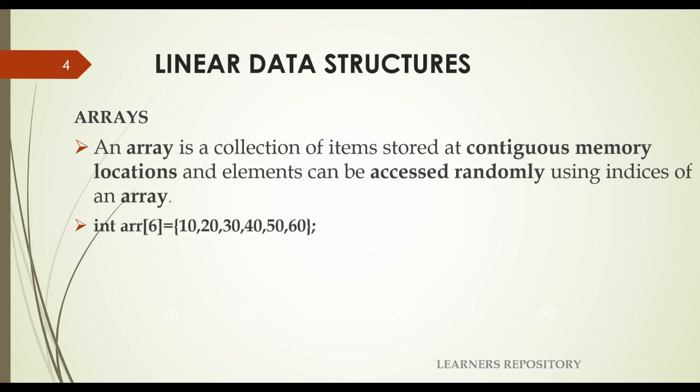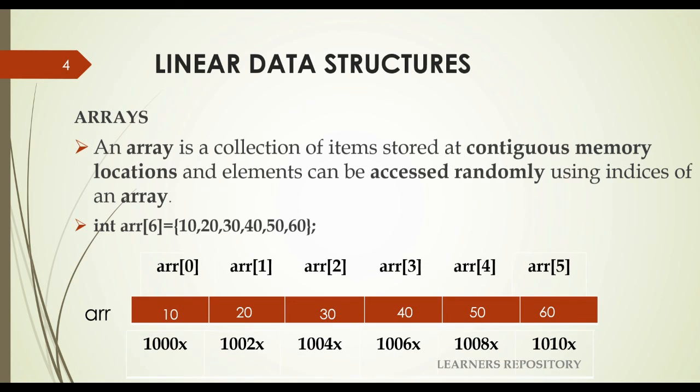After each declaration statement, memory allocation takes place by the compiler. Assuming the size of int as 2, there will be 12 bytes of memory allocated like this. Each memory block will be having its own address along with the index value. Now if you are trying to change the size of this array as 7 or 8, or if you are trying to reduce the size of an array to 2 or 3, it is not possible in static arrays.